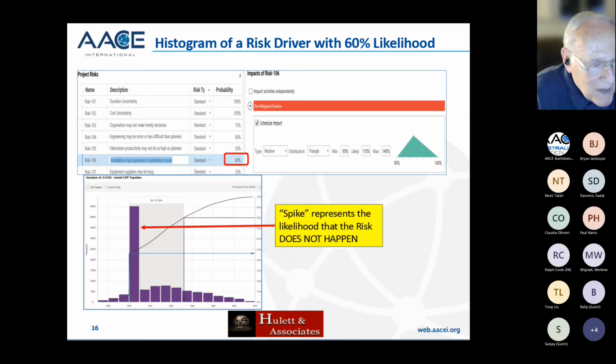And you look at that and you say, wait a minute, I've never seen such a messed up probability distribution where there's one spike up there. What in the heck is that doing there? Usually they're smooth, aren't they? I've had people say that doesn't look like any distribution that I thought of. But if you think about it, what's in that spike is the 40% chance that this risk does not occur.